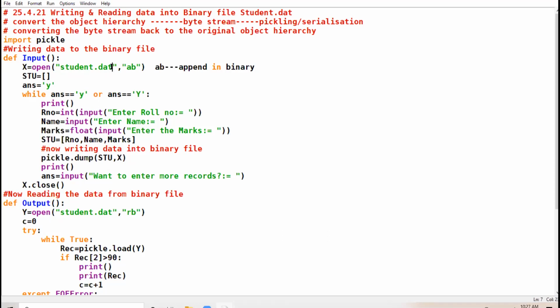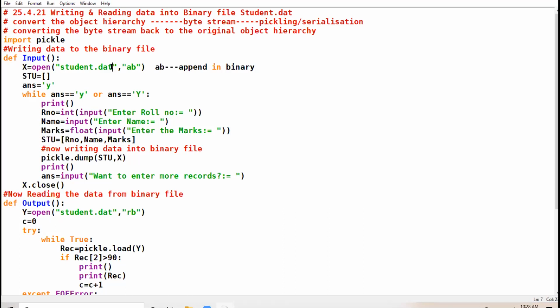Okay. Now after writing one record, you have to ask the user whether he or she wants to input more records. Clear?